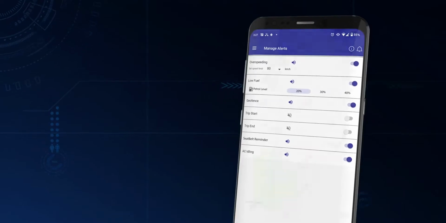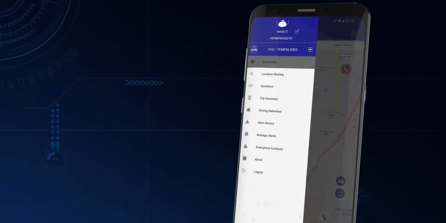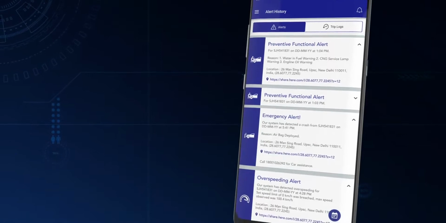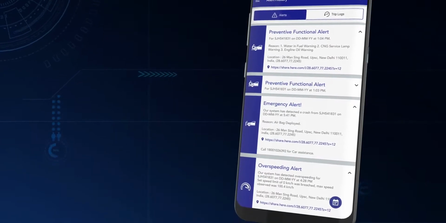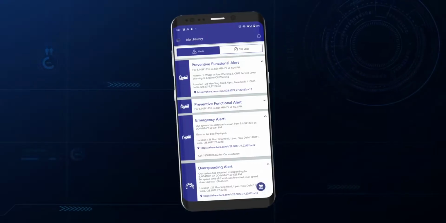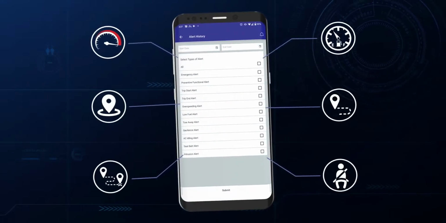To check the alerts, go to the menu button and click on Alert History. It will show you all the alerts that went off in your app. The View History button on the bottom will show you the individual history of each alert in a time frame